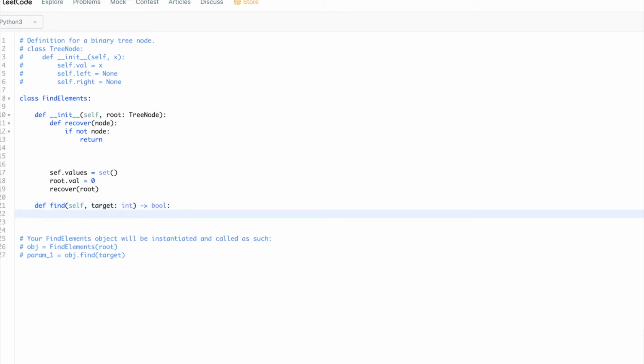And here, because we will be populating all the values in self.values, we can do an O(1) search, where we just return whether the target is in self.values, right? And now what should recover do? So recover needs to